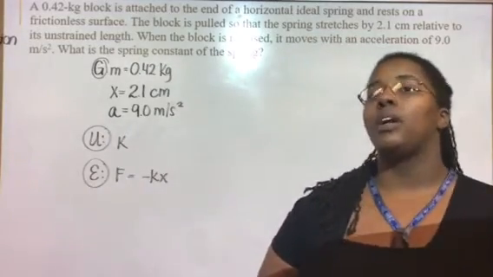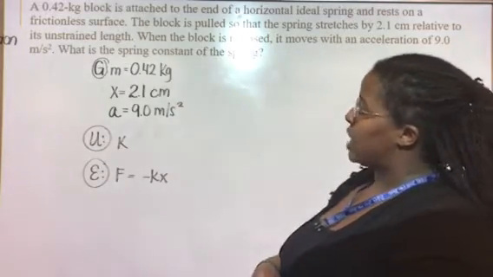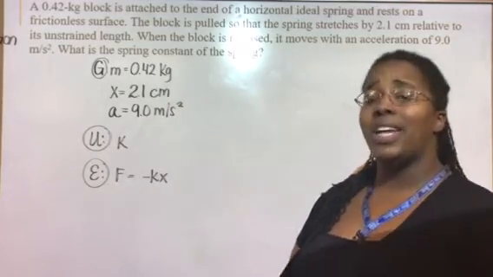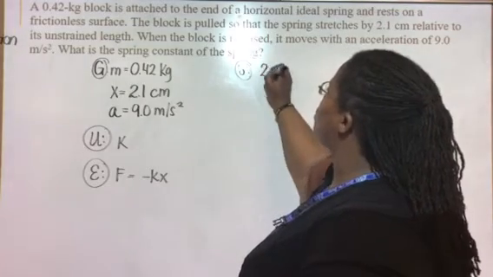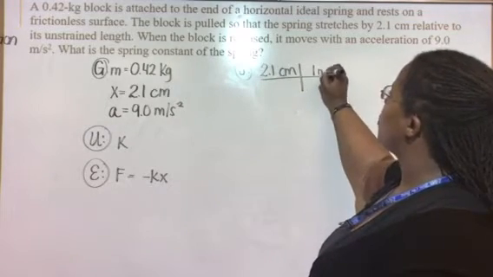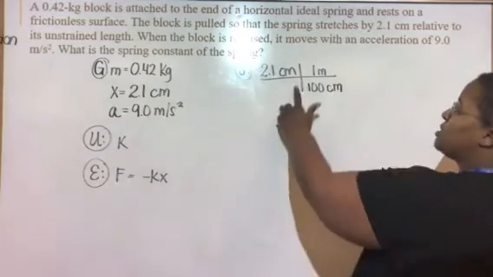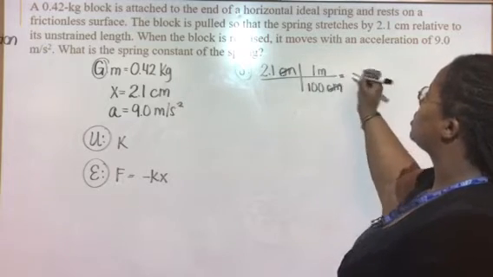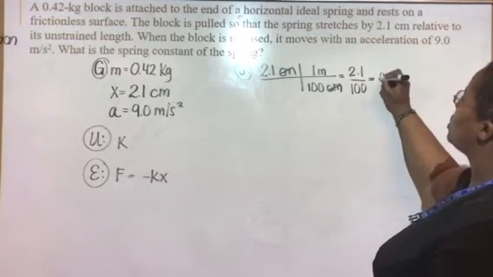Now, we've had several problems where our substitution step could actually be skipped. But in this example, let's pay close attention to our units of measurement. Your mass is in kilograms, so that's correct. Our displacement is in centimeters. We're going to go ahead and convert that to the standard unit of meters. So we're going to convert 2.1 centimeters to meters. For every 1 meter, I know that I have 100 centimeters. I have centimeters on the top and on the bottom, so that unit is going to cancel out. This will leave me with 2.1 divided by 100, which equals